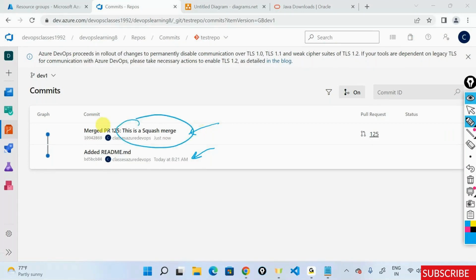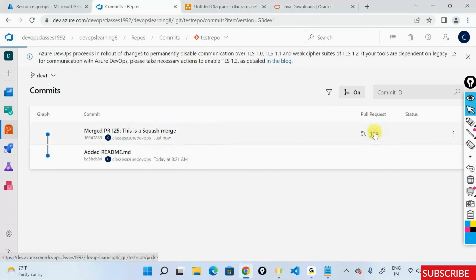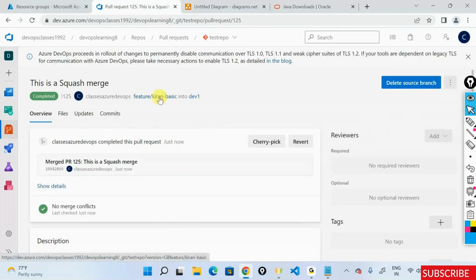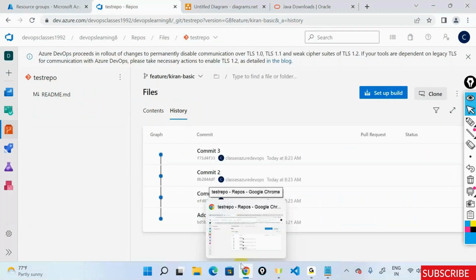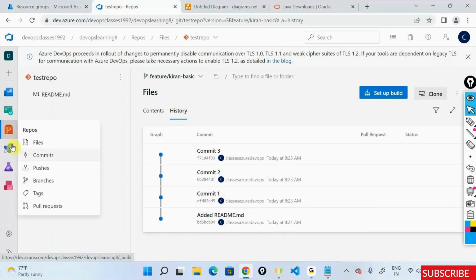And if you are interested in this particular development history, click on the PR, understand which branch it is. Then you can say, okay, fine, this is the branch. Look at the branch history. This is how, if you want to go back and look at the history of development, you can go into that particular feature and then look at that history out there. Squash is useful, especially if your team size is super big.